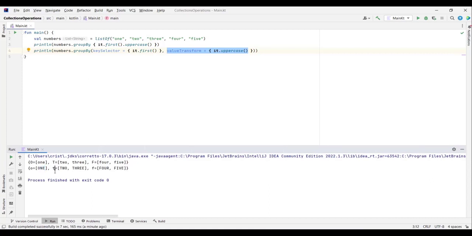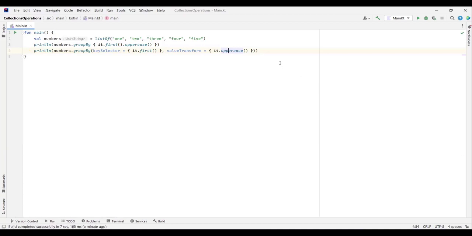Then we get, again, that first for our element, so we get T, then we get 2, and I get uppercase F, then we get lowercase f, and we get 4 and 5. So this is our discussion about grouping, and my suggestion for you is to play with the code. Try different values for the key selector, for the value transform, try to group the elements by different expressions, and just play with the code